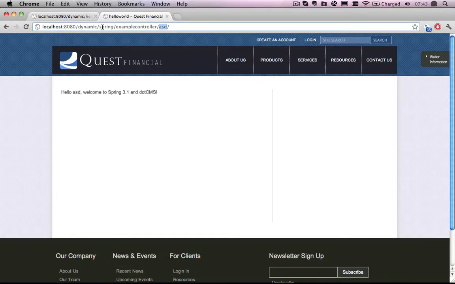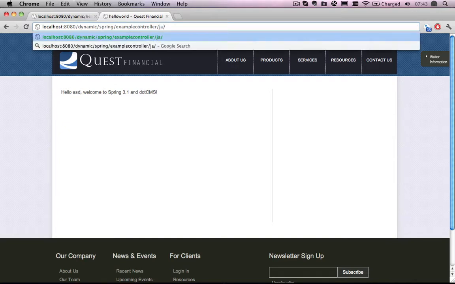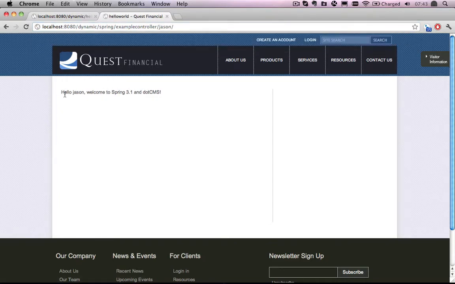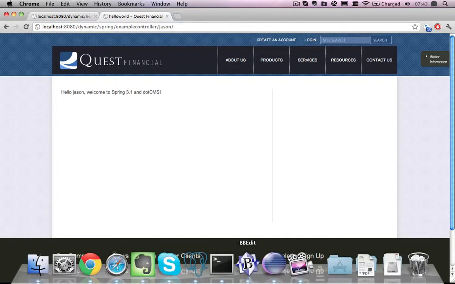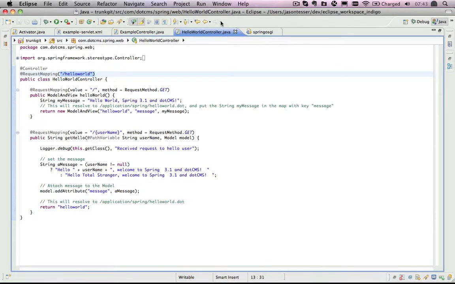/dynamic/spring/examplecontroller, and then if you remember that second method, it then took a username. So let's say Jason. And here you can see, hello, Jason, welcome to Spring 3.1. Now, this is deployed in a jar, in a dynamic plugin, and can be undeployed and redeployed basically at will. We could write as the server is running. There's no need to stop the server, nothing like that. In fact, I even have my Eclipse set up here. I could even kind of debug. And you can see this source is actually living